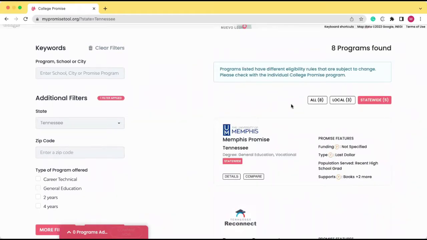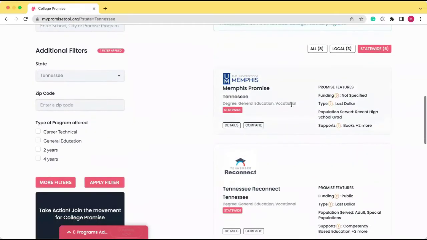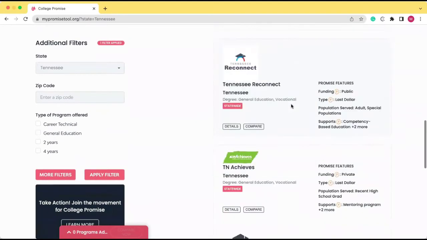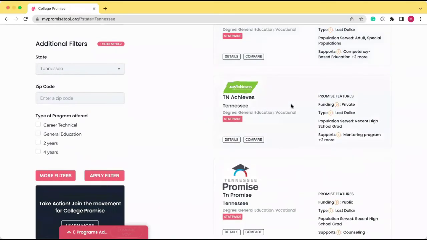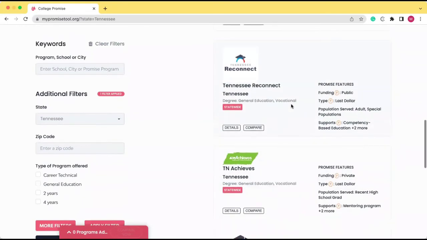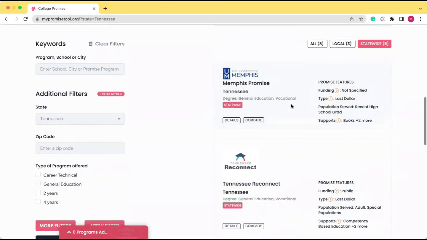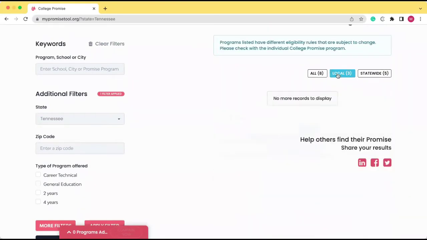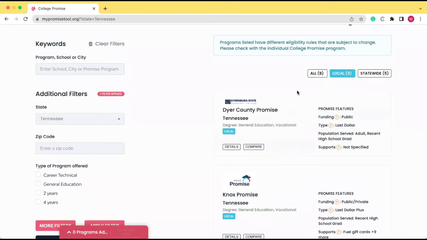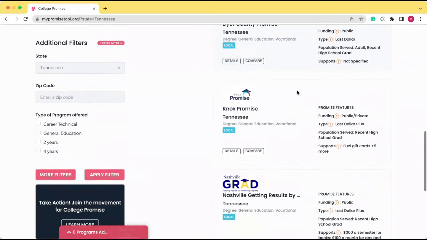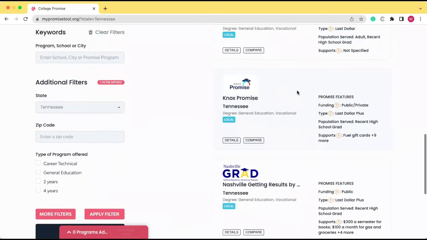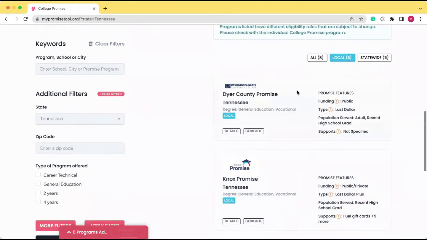So we'll look at statewide programs, and we can see that there are 5 there. We can go through to any of them. You can also then hover over to local. So now we know in general how to search for a community or statewide program.